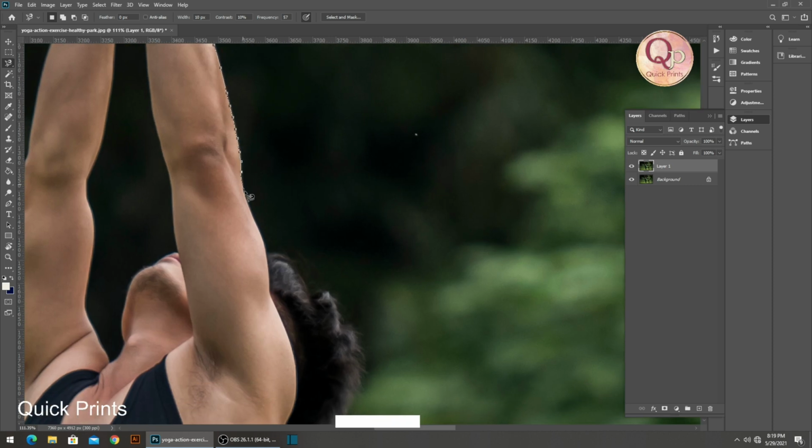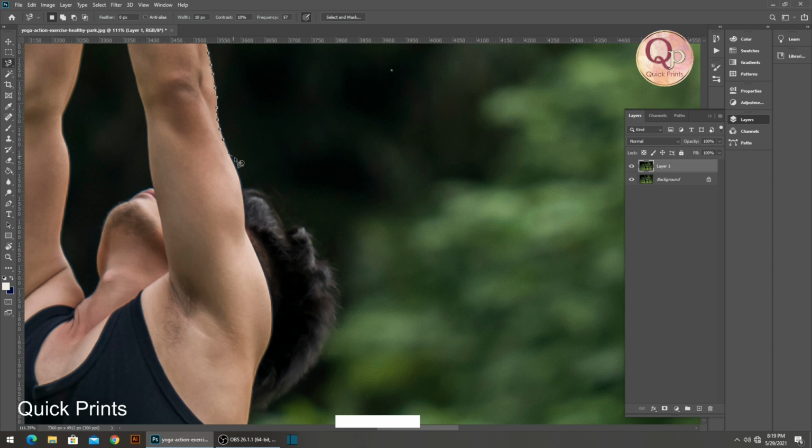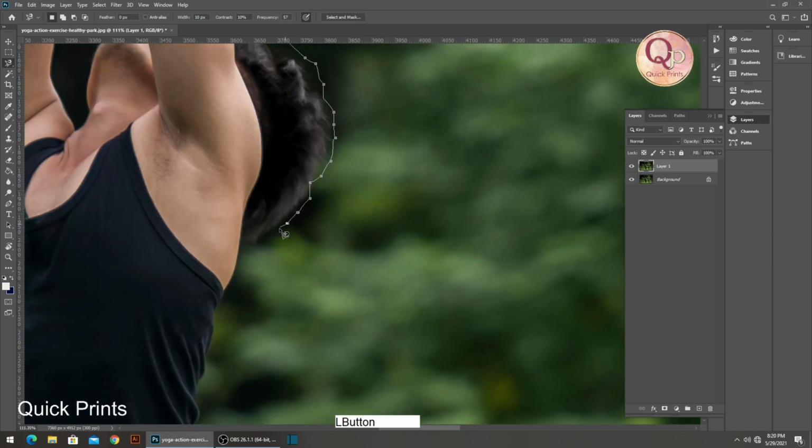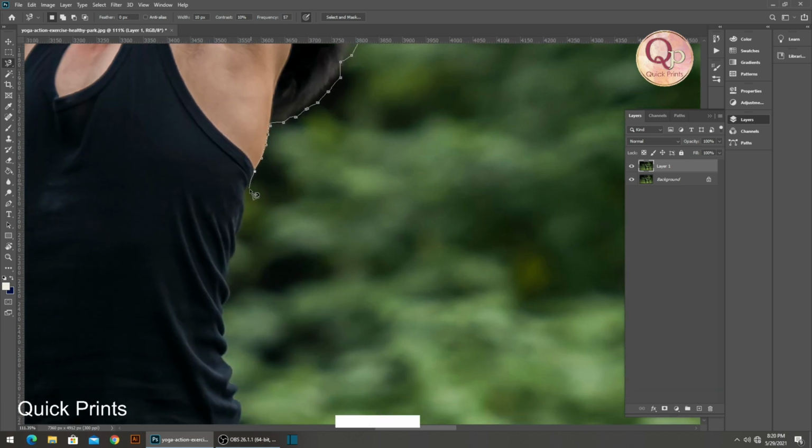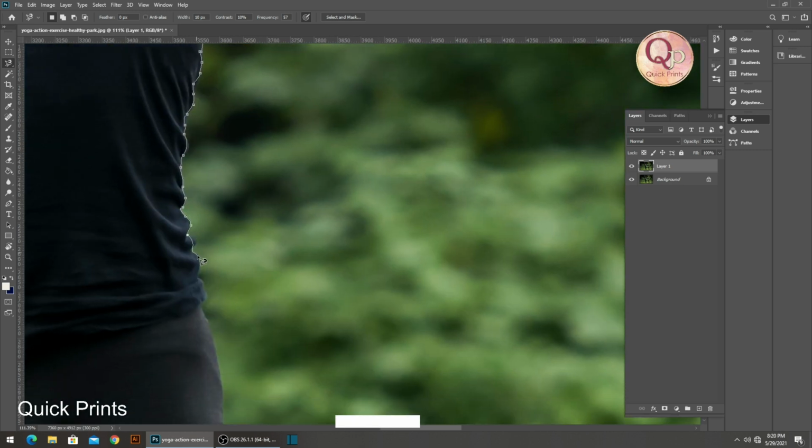As you can see, there is a lot of contrast in this part of the image. That's why it is working very smoothly. Now you can see the contrast of hair and grass is slightly balanced. So that's why I'm going to the outer side and clicking with the tool while drawing, which is very important. It gives shape to the next path, right? Now you can see I'm clicking because there is not as much contrast as we had in the top part of this image. So let's carry on.